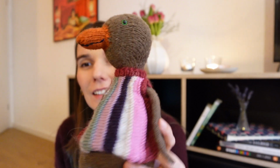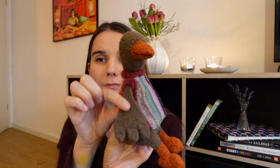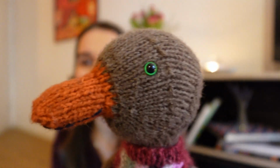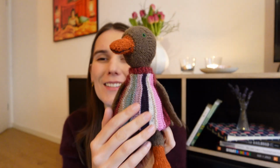And then this is Nana. I knit Nana with knitting for olive mohair. That's the brown color. Her little beak and feet are knit in Dererum Natura Ulysse wool, so a little bit thicker of a wool, but I don't think it looks weird. She's so soft, she's so cute. I gave her green eyes and I made her this little dress with scrap yarn,